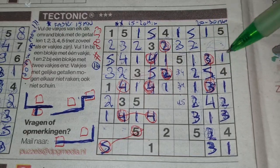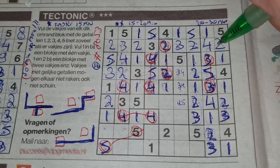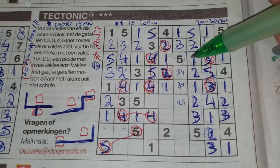Two numbers left in this area for numbers 2 and 4. We have a 2 now, so no 2 there. 2 should be here and the 4 goes there. Alright, and now,